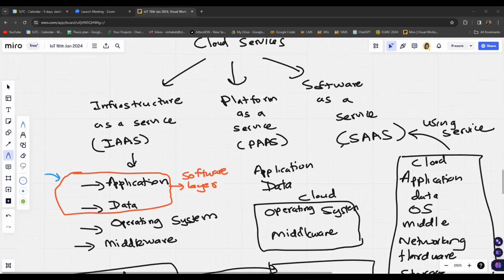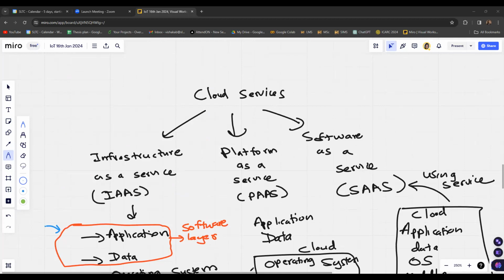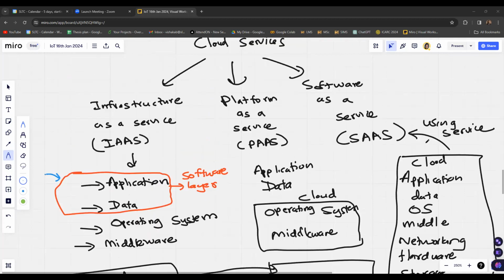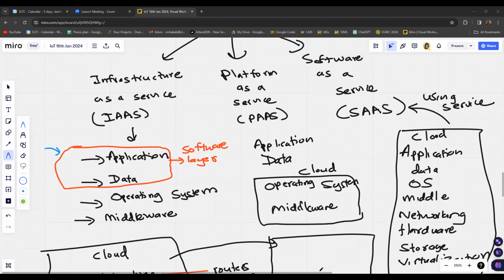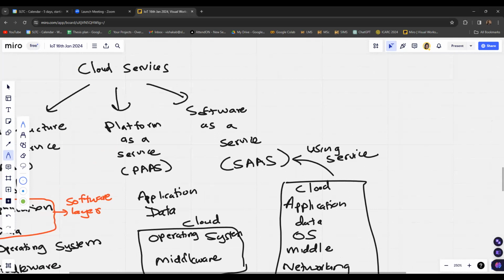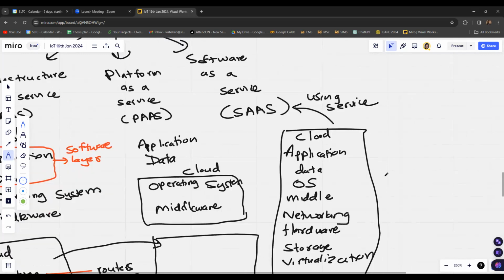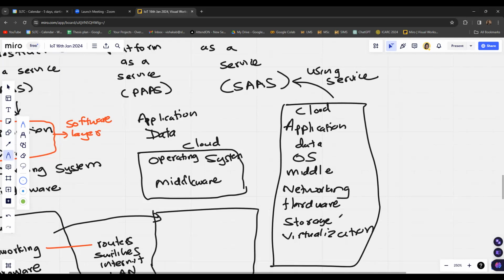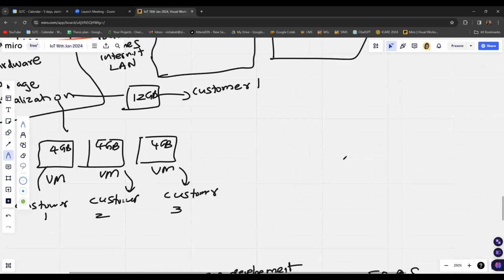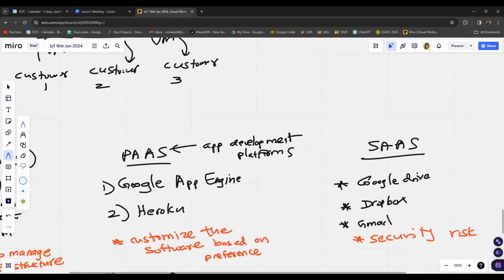With software as a service, we won't be having any control over the cloud infrastructure, but you will be able to use all the available resources that are provided by the cloud infrastructure. In software as a service, the user will be basically using a certain service. The user will not be doing any kind of implementation on their own. So the user is able to get the advantage of all the cloud services and achieve their tasks.